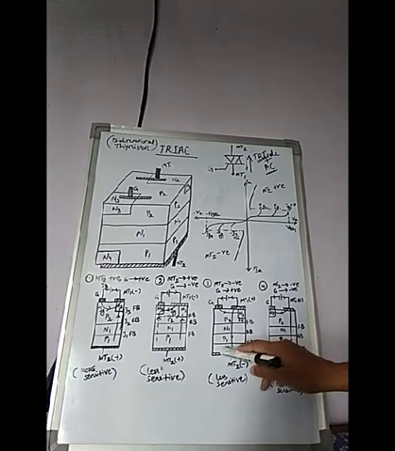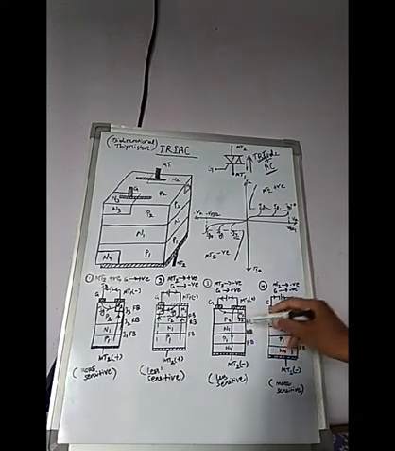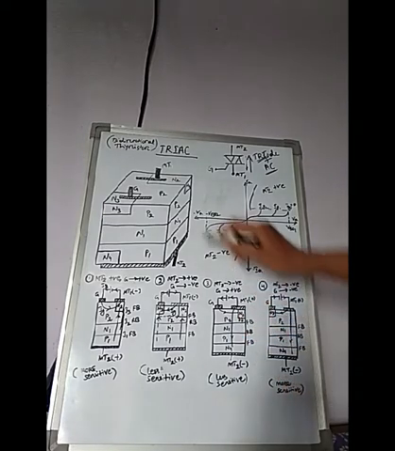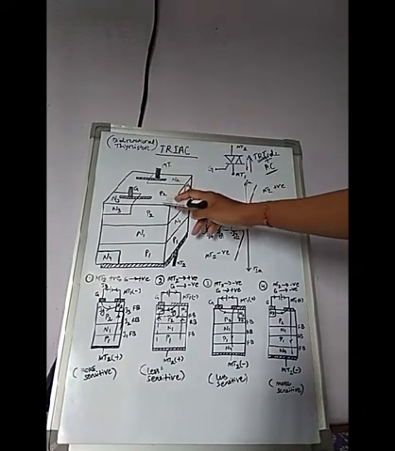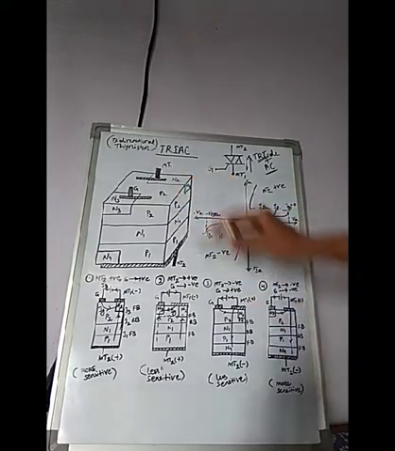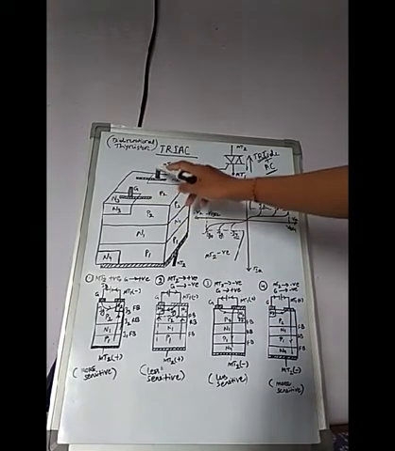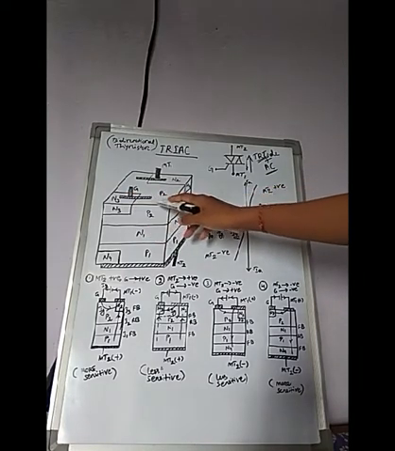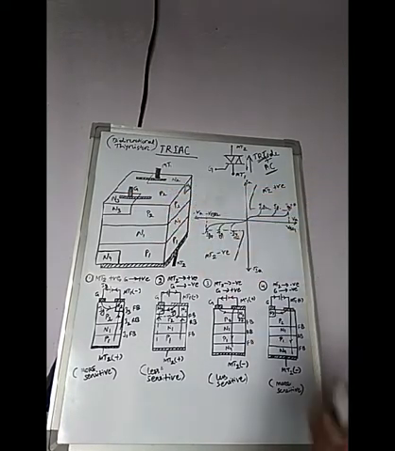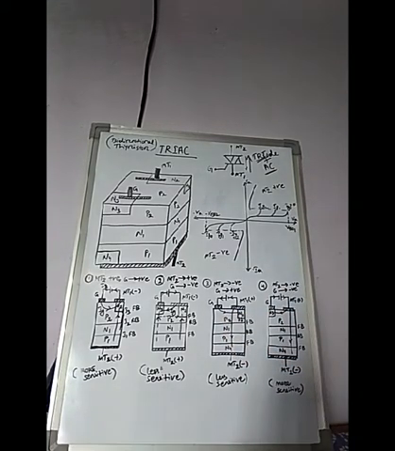So here the first layer is N4, then P1, then N1, then P2. MT2 is negative with respect to MT1, so MT1 is positive. Positive means again it is linked to which layer? The P2 layer, and also to the N2 layer. And here the gate is positive, which means it is linked to the P2 layer, because here N3 gives the reverse bias, so it goes through the P2 layer. That's why I mentioned N4 P1 N1 P2.